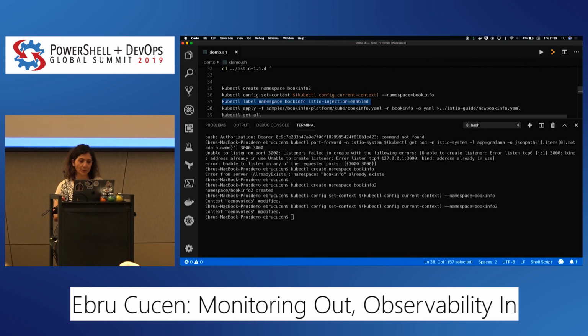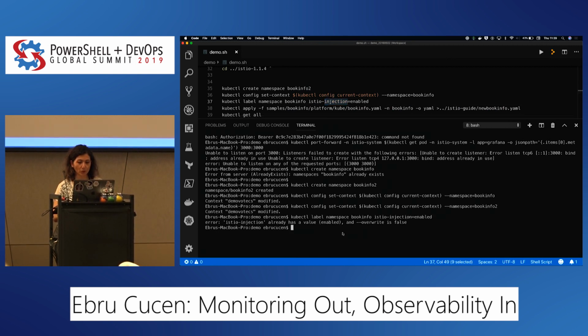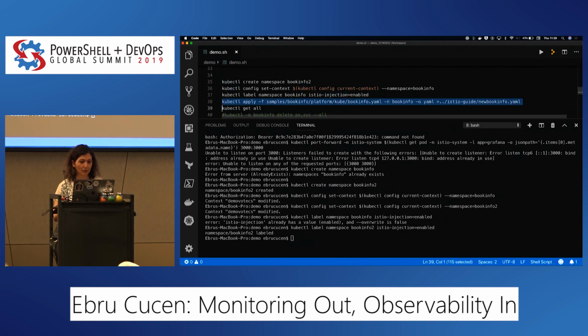So this labels the namespace for my cluster. Istio injection, this is the sidecar injection. I think from version 1.1 it's automatically enabled. It's going to be labeled. So from now on,